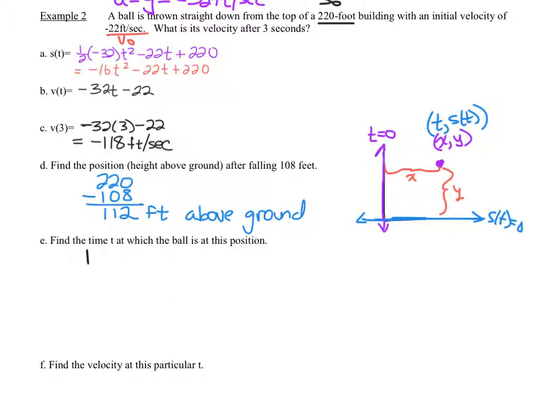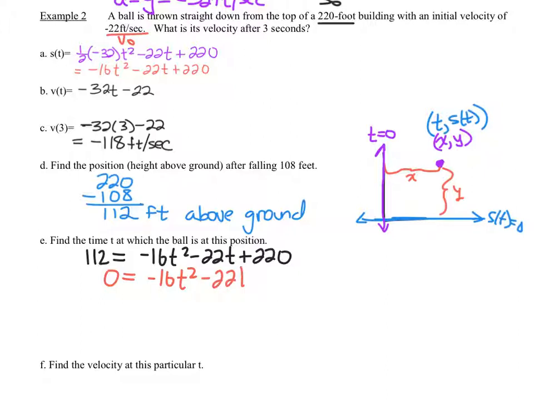So, my position would be at 112, with my function being negative 16t squared minus 22t plus 220. Then I would solve. All right, but then that 108 comes back into play,